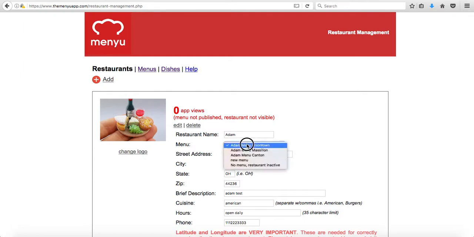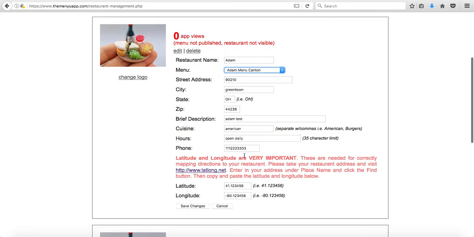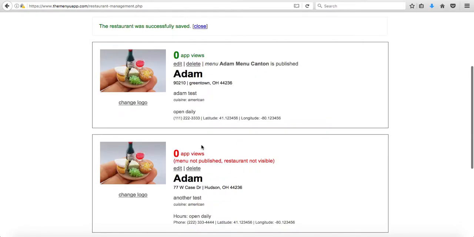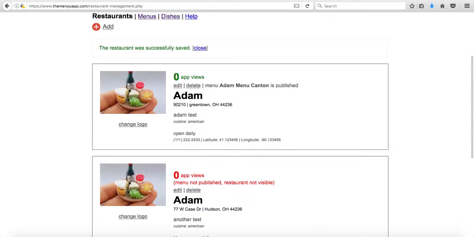We added a dish to the Canton one, so as you can see, we have menu Canton. I can put that there, and if I hit save, you will see that it turns green. When it's green, that means it's live and can be viewed by people in the app. As people start to see the restaurant, these app views will go up, so you'll continually see how many times you're getting viewed over the course of however long